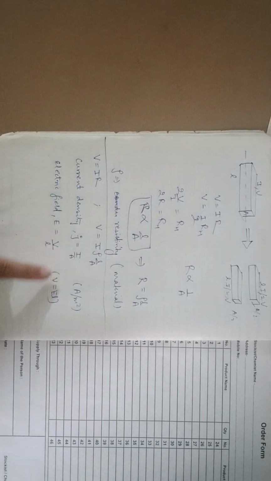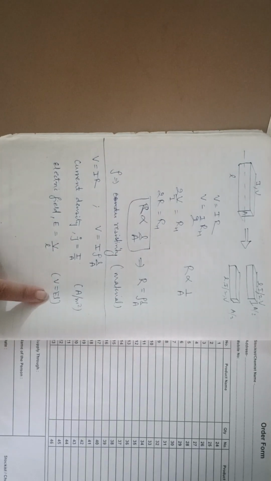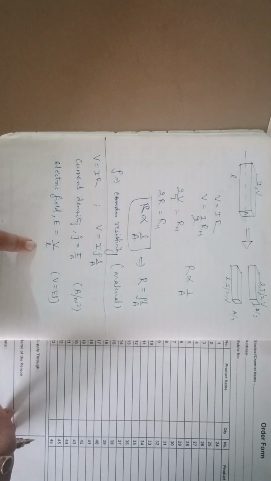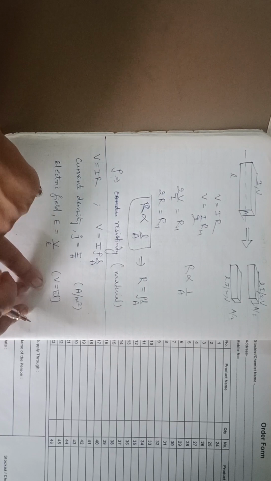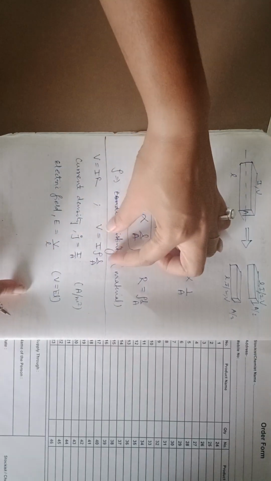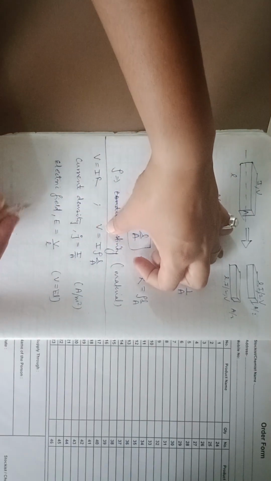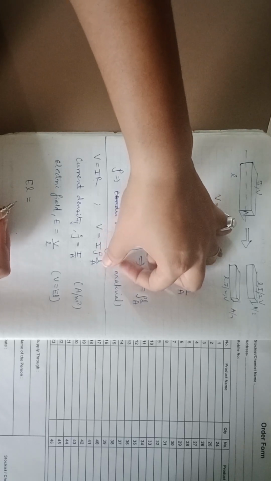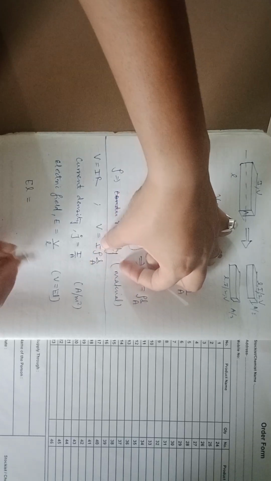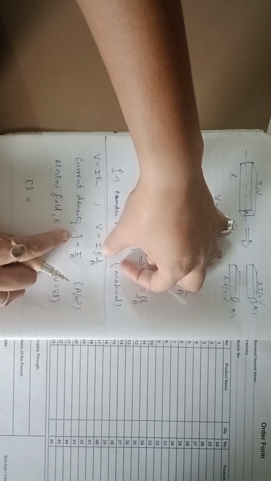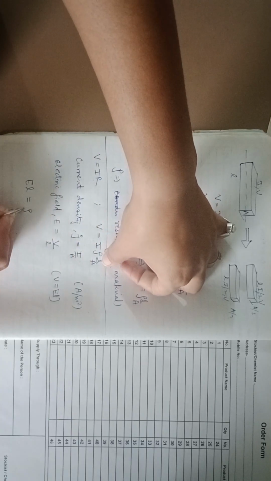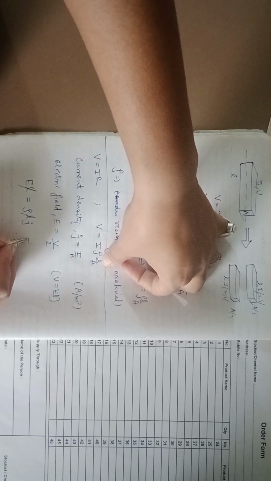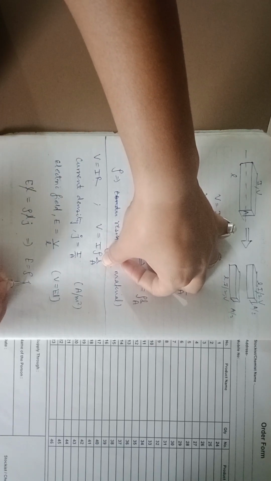Actually, we have got this formula from here. Voltage is equal to electric field into length. So E is equal to V by L. Now this formula we can use here. So V is equal to EL and I rho L by A. So I by A is J. So rho L J. So just cancel L. We have got E is equal to rho J.